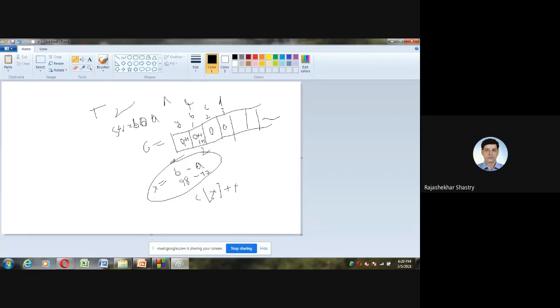Now, how to take the decision, Amma? How to take the decision? Excuse me, sir. Yes, Amma? Sir, can you please explain again how we took X for A? No, for X it is B, and for A.